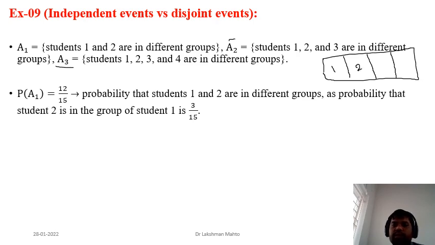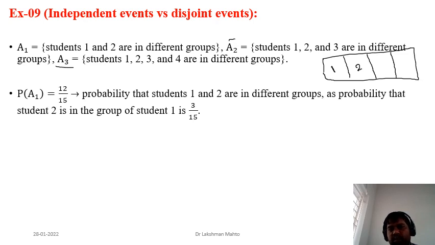So we try to calculate this scenario. How many possibilities are there? What is the probability that this scenario will have? I will calculate this in the negative sense. Suppose that one is sitting here. Now, what is the probability that two will come in this group? Because one has already taken one place out of four, the probability of two coming in this box would be 3 by 15.